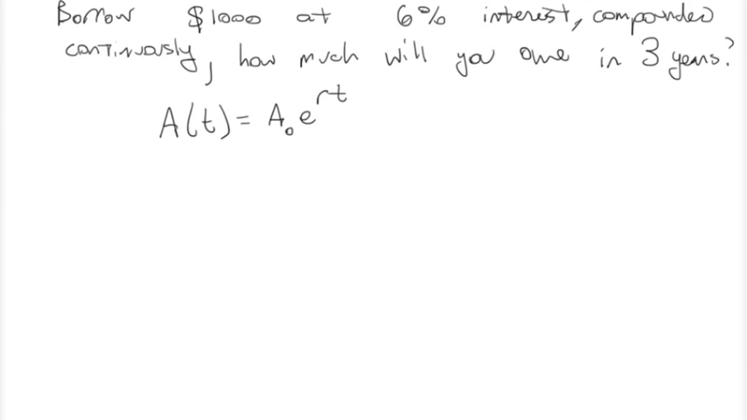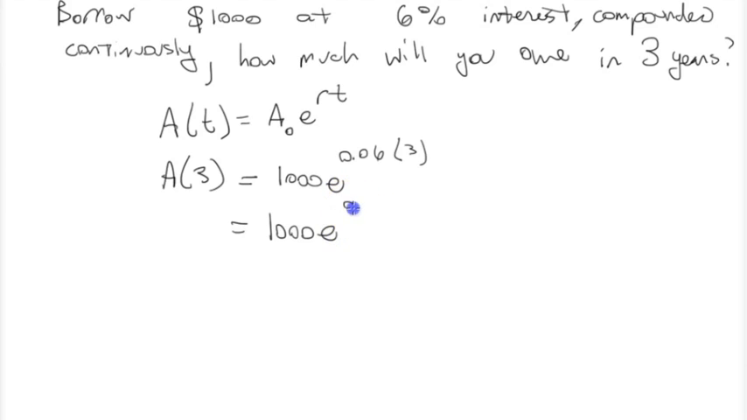Alright, so this problem is not in your book, but let's say you borrow $1,000 at 6% interest, and it's compounded continuously. How much will you owe in 3 years? So we've got our handy continuously compounded interest formula. So we find A of 3, because you want to know what that's going to be in 3 years. The initial sum of money is 1,000. e to the r is going to be 6%, so we write that out as a decimal, 0.06, and you put a 3 in there. That will get us